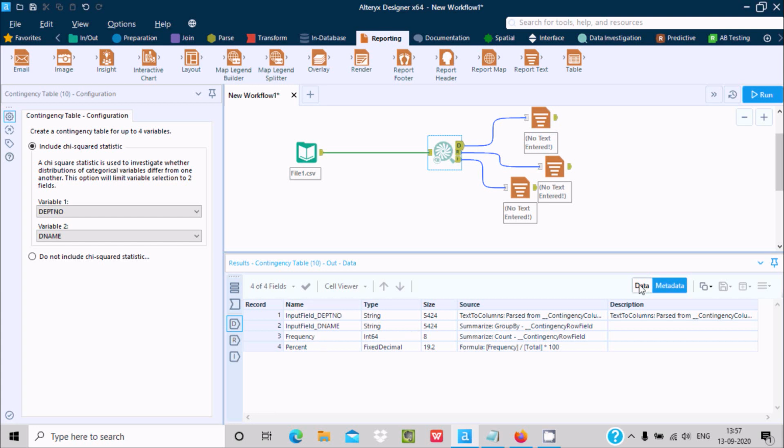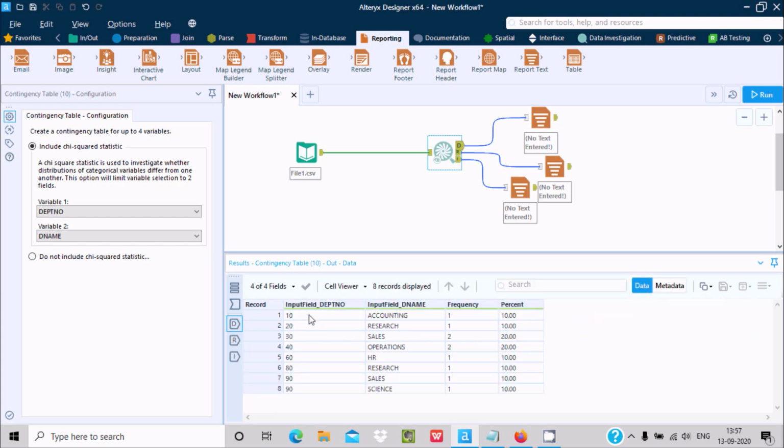Now here you can see in the data, 10 appears 21 times, 30 appears 20 times, and the percentage is 20. Now 42 appears 20%, and 61 and the others are 1.